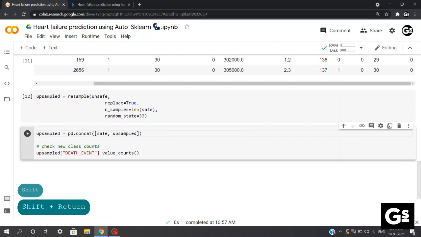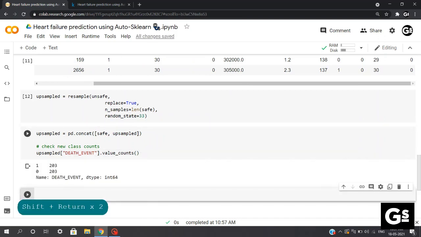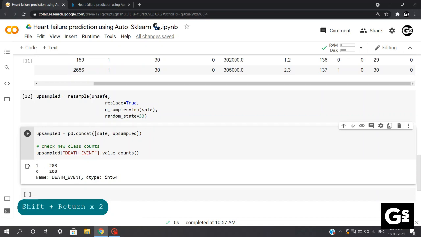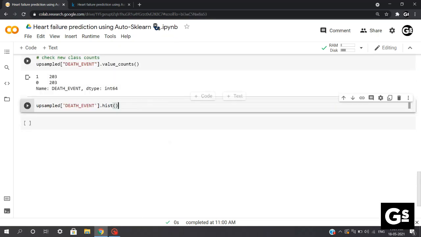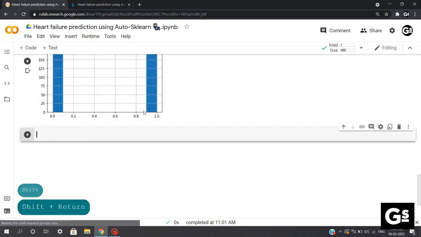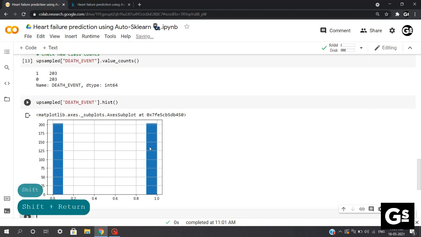Since we already have the values of the unsaved data frame in our upsampled data set, we'll also concat the saved data frame values in our upsampled by using pd.concat. Now when we find value counts of the upsampled, we can see that 1 and 0, both our target values, have the same number of data points, 203 and 203. Now what we'll do is quickly plot a histogram of the target variables from our upsampled data set. Let's execute this. And we can see that our imbalance problem has been resolved as both the target labels have